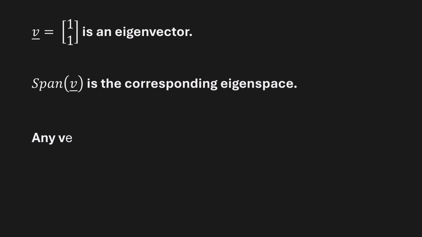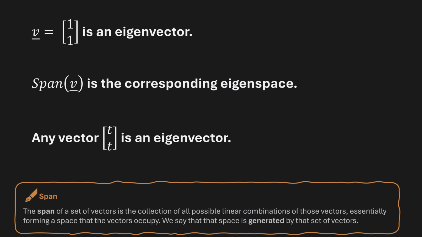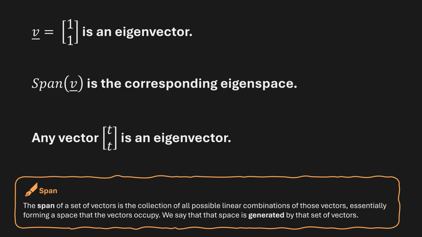Keep in mind that eigenvectors are not unique, and they simply identify the direction, or to be more precise, the space, which is called the eigenspace, generated by the eigenvectors corresponding to a specific eigenvalue. This depends on the algebraic and geometric multiplicity of the eigenvalues, which is something a little bit more advanced that we'll see later. For example, considering a simple eigenvalue, which means its multiplicity is equal to 1, if we find one eigenvector to be v equals (1, 1), then any multiple of that vector is still an eigenvector.